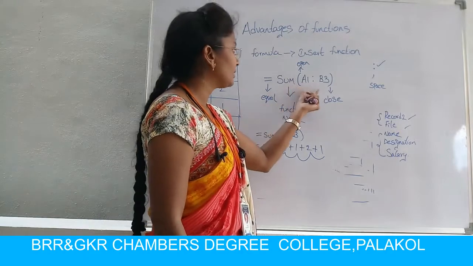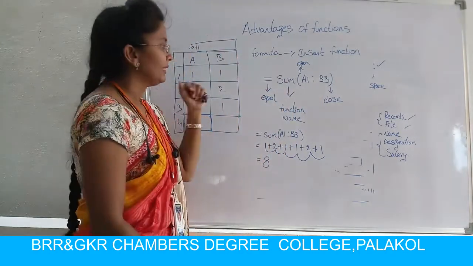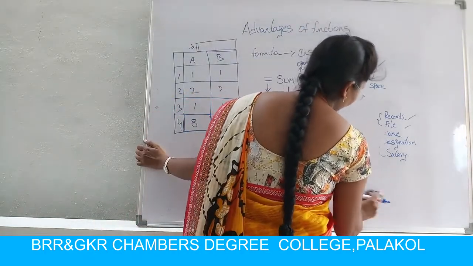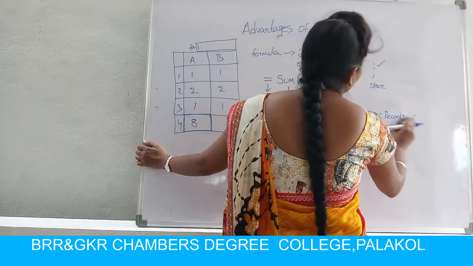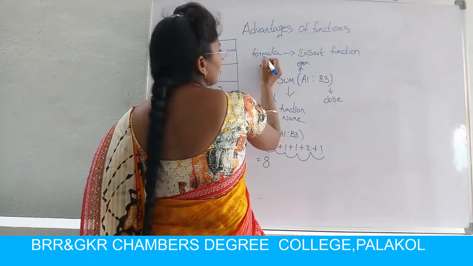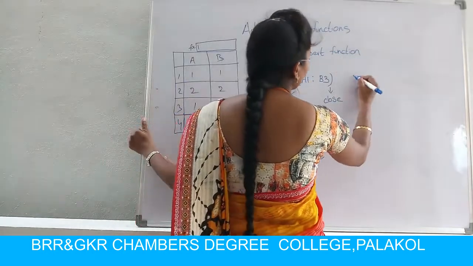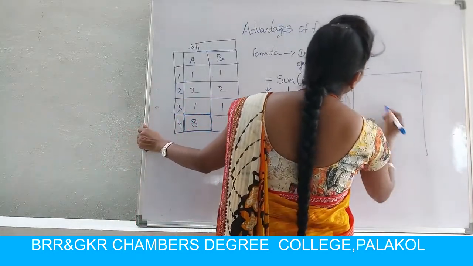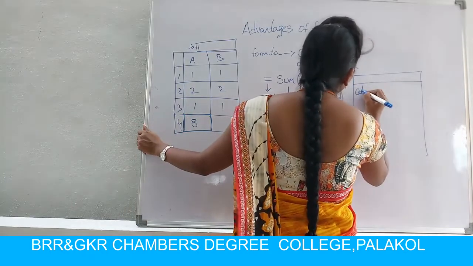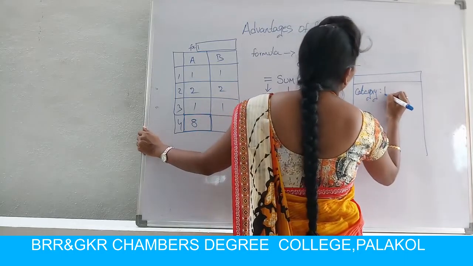This is the way to enter a formula in the formula bar. You can enter this formula directly in the formula bar. And the next process, that means the step-by-step process, is by selecting options in the menu bar. That means select the Formulas menu, and then Insert Function. One dialog box will appear. In that dialog box, you can see the category, that means function category.